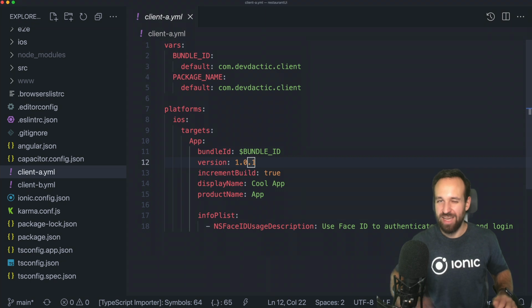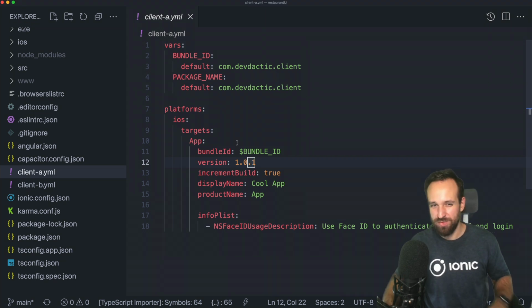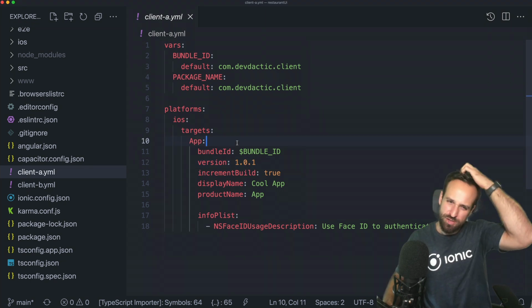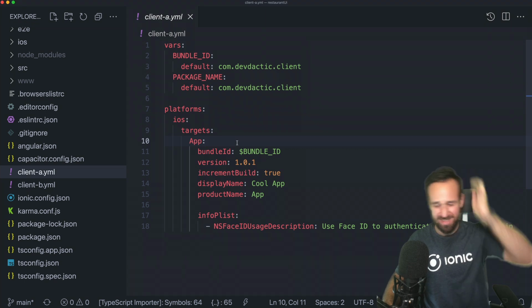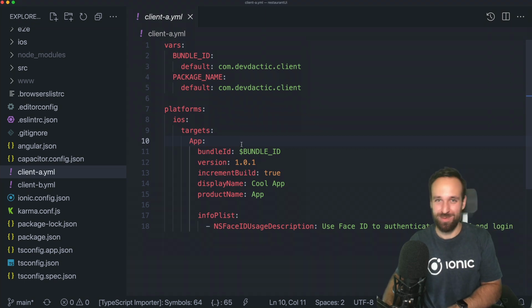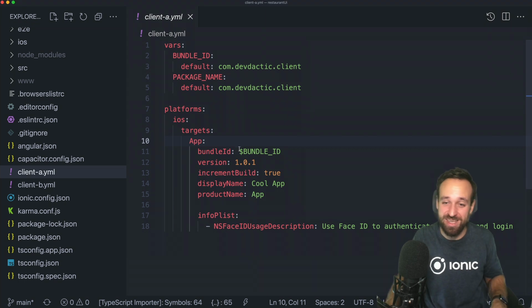Now, this is a YAML file. I don't know if you've used YAML before. I actually encountered it at my first job, like, 6, 7, 8 years ago. I didn't know it was still up to date, but Max selected YAML because I think he found this in the old Cordova plugins that used YAML for the automatic configuration,